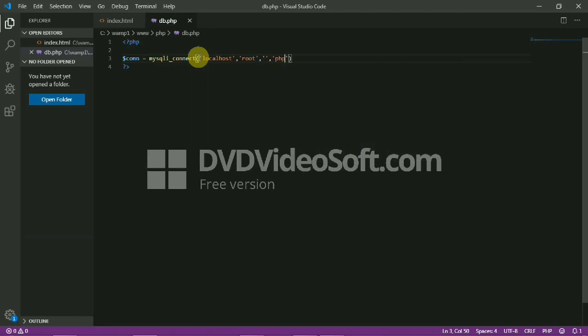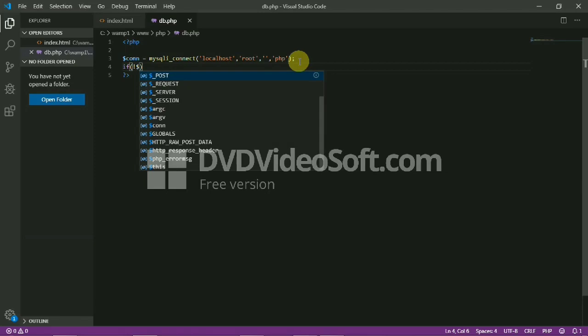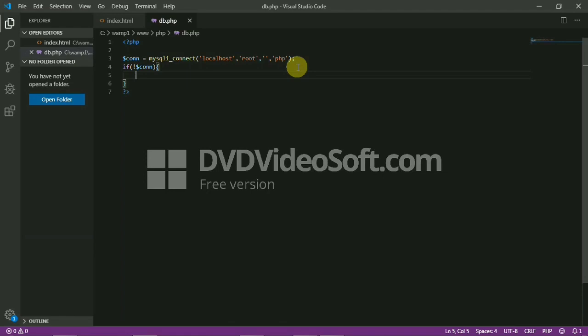Okay, if the connection fails, it can send some error message. For that, I am creating this die function.